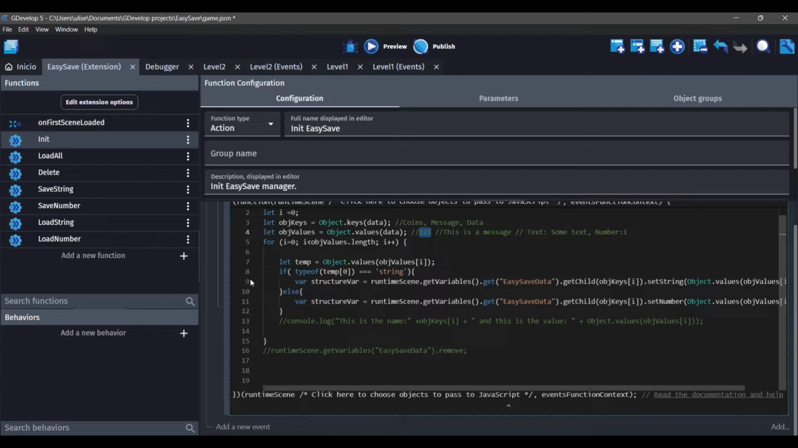And that's it. If it is a number we are going here, and if it is a string, like this is a message or some text, for instance, we enter here. Okay,